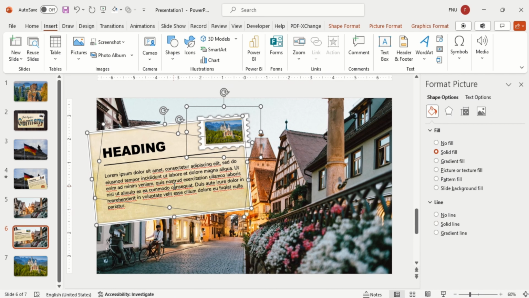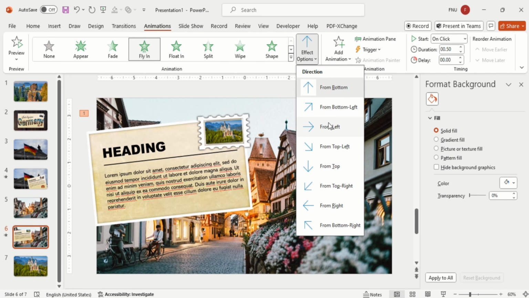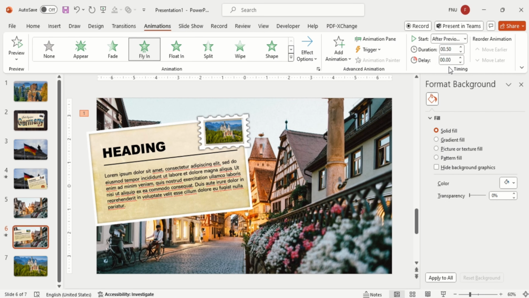And then again group all the elements and put the animation effect. In the same way, make as many slides as you want, and in this way you will get an amazing